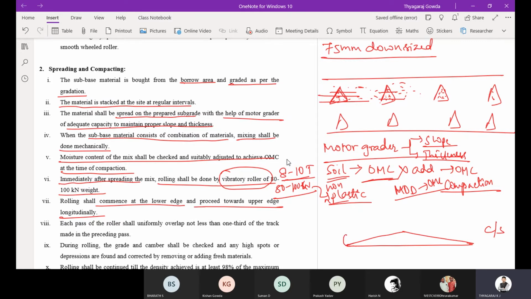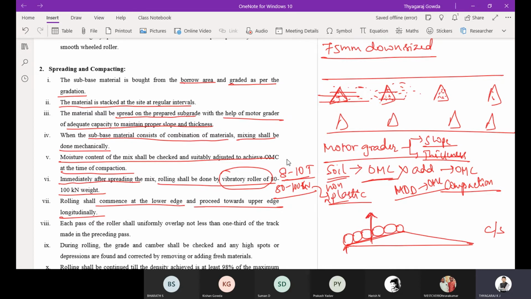Always rolling commences from the lower edge and progresses towards the upper edge longitudinally. Longitudinally means along the length of the road it will progress.